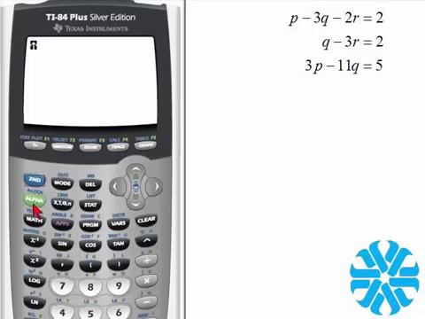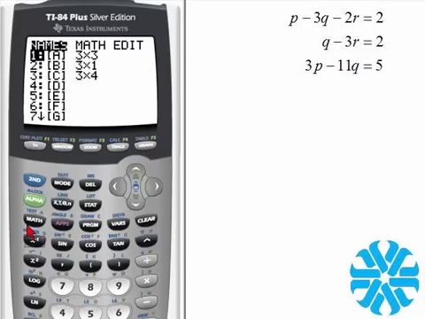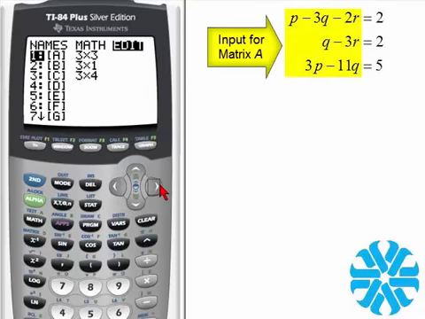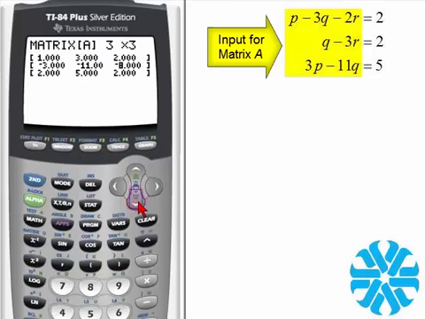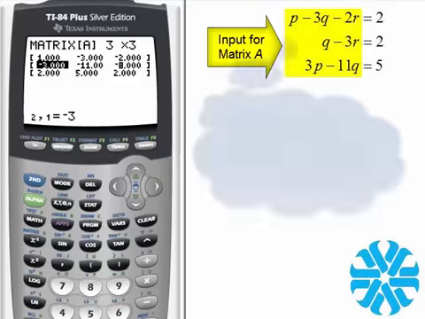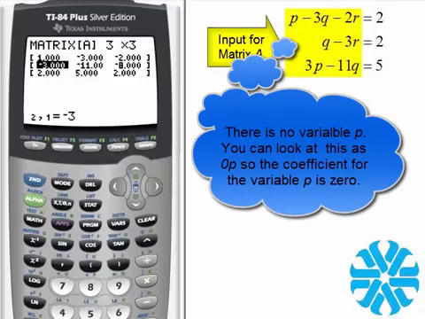So let's go second function in matrix. So once again, matrix A is a 3 by 3, so let's move over to edit, select enter. Let's move down to edit our cell values. Okay, so we have 1 for our first entry, then -3, so let's move over, -3, then -2, and then we have 0p, so select enter,